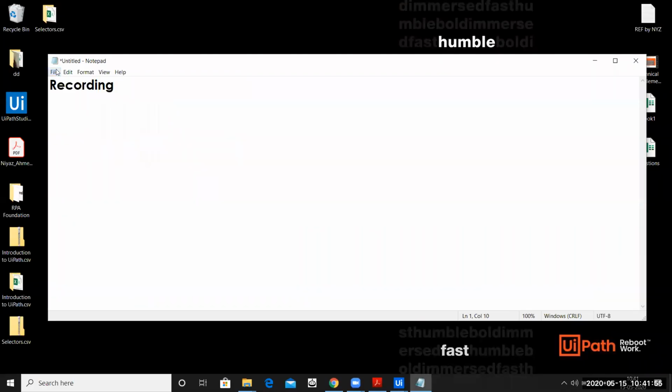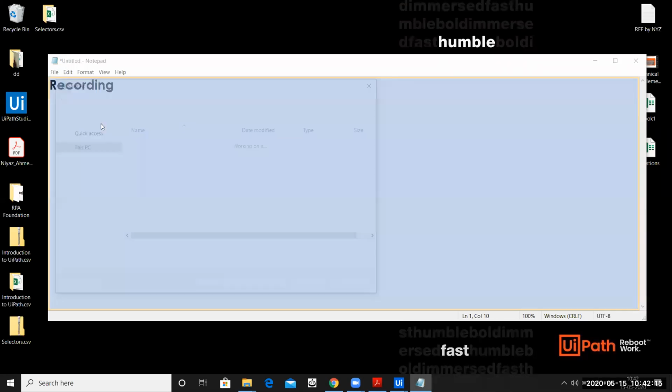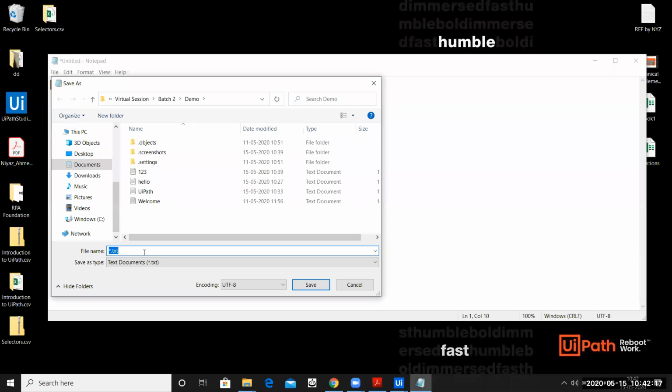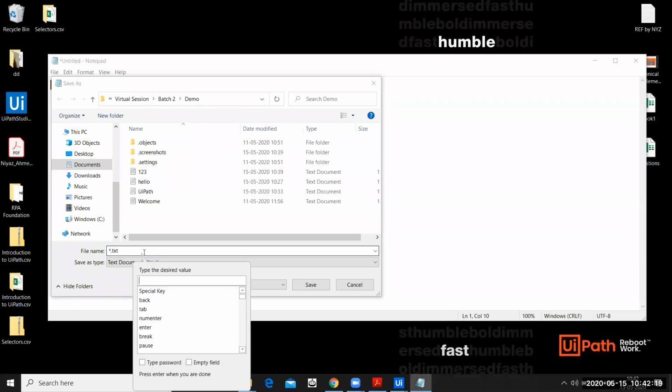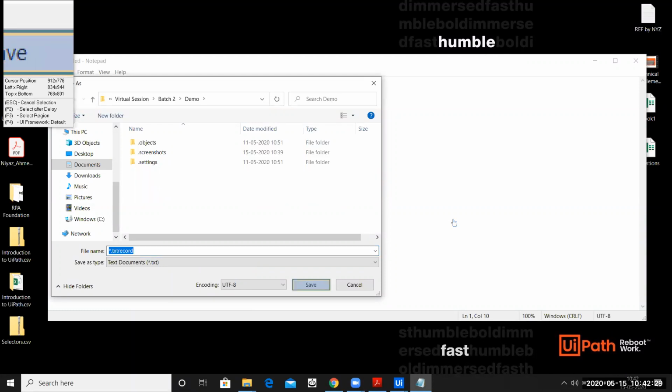There you go. So after clicking on file, where do we click? We will click on save as. There you go. So there is no need to pause here because it's just mimicking the user action. Whatever we have done so far, we are just mimicking it. So it's the same recording. Whatever the human does, we're doing the same thing over here. So I'll just click on save as. And then on this window, we will enter some text over here. I'll say my file name is record. I'll hit enter. And then I'll click on save. There you go.